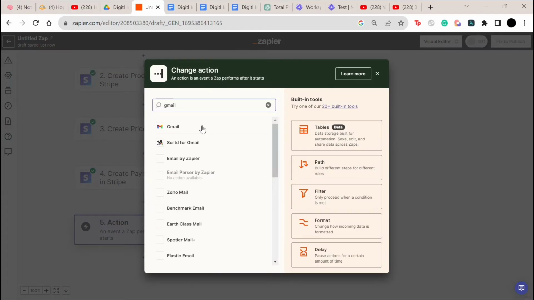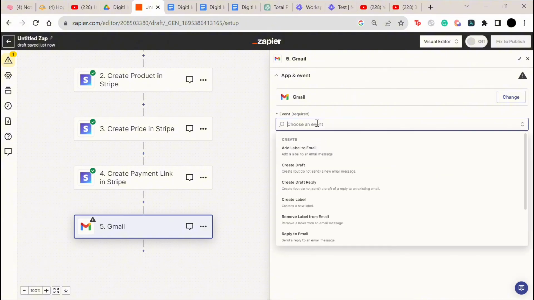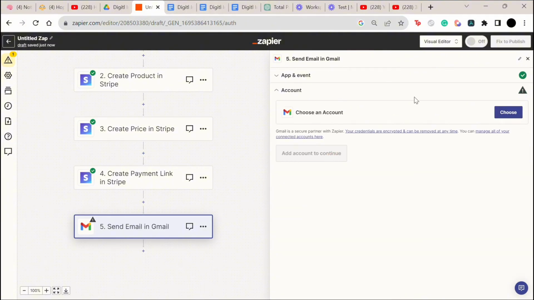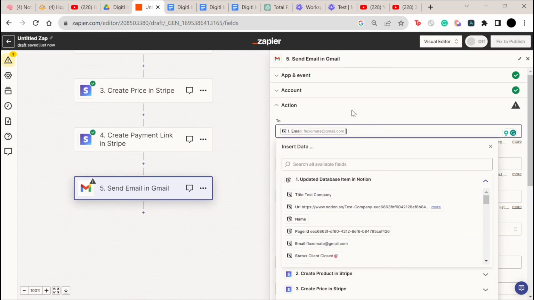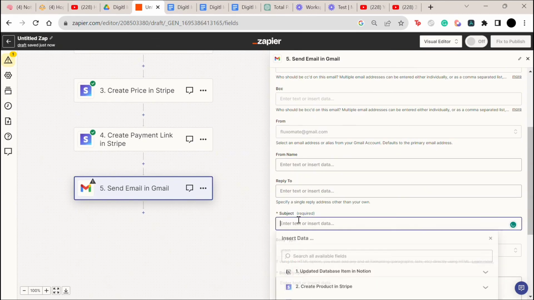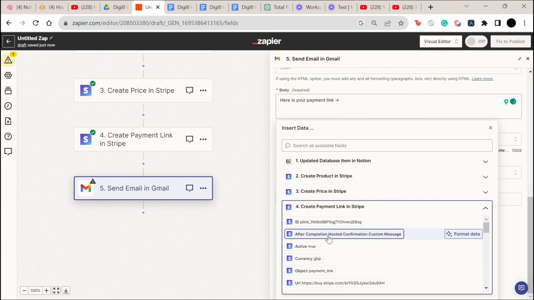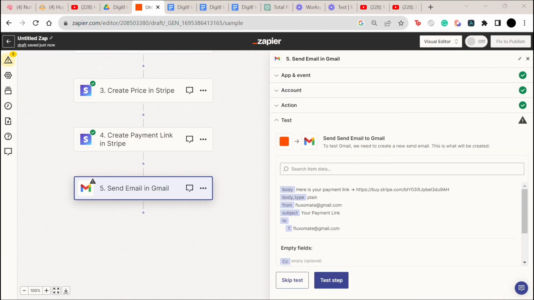The next step would be to actually send this to your client. Now, there's a million different ways to do it. Probably the easiest way is through email. I would recommend incorporating this into your existing onboarding automations. So you would simply send this in your onboarding email at the bottom with just a link so they can easily pay. And that's how you can actually set up this automation to automatically send your clients invoices